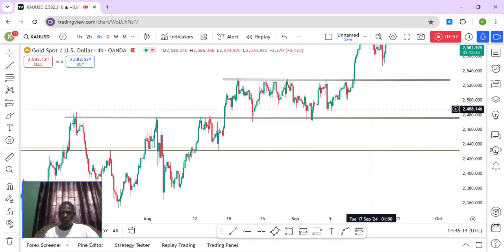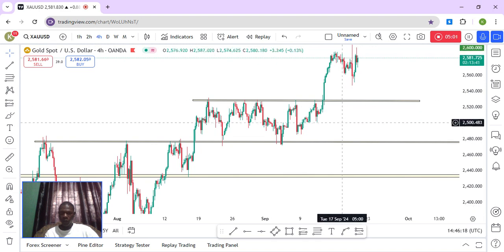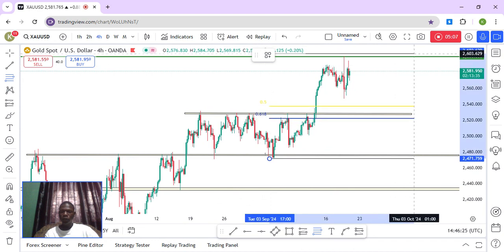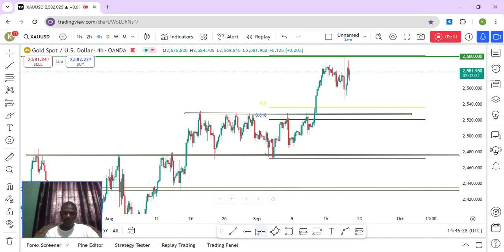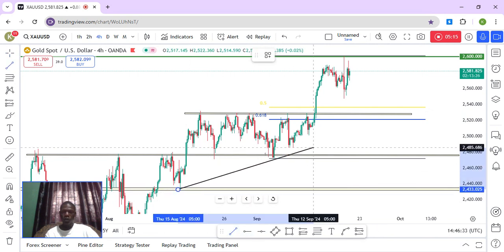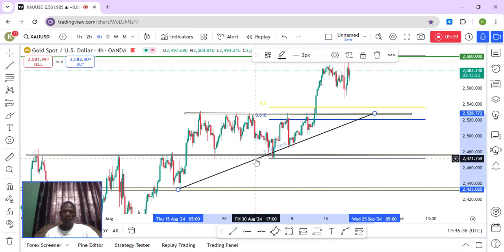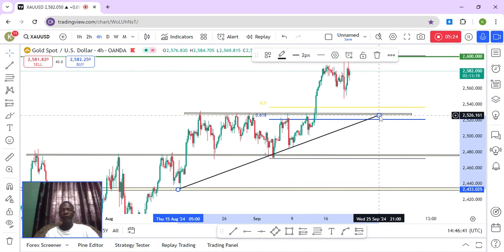I've actually marked out a decent pullback on this, so we'll be waiting for it. And if I place my Fibonacci level from swing high to swing low, you guys will see it is right at this level too. And I think I also have a trend line that adds to my confluence. As you guys can see, it is drawn pretty nicely.